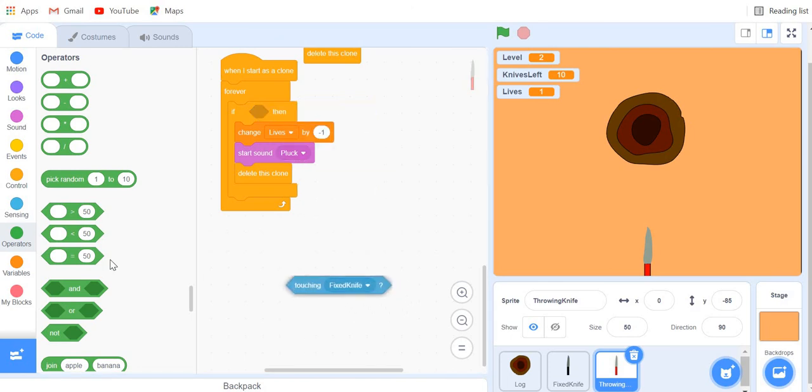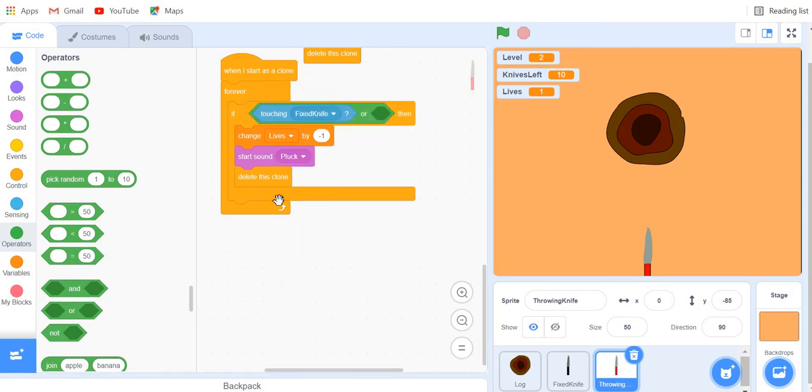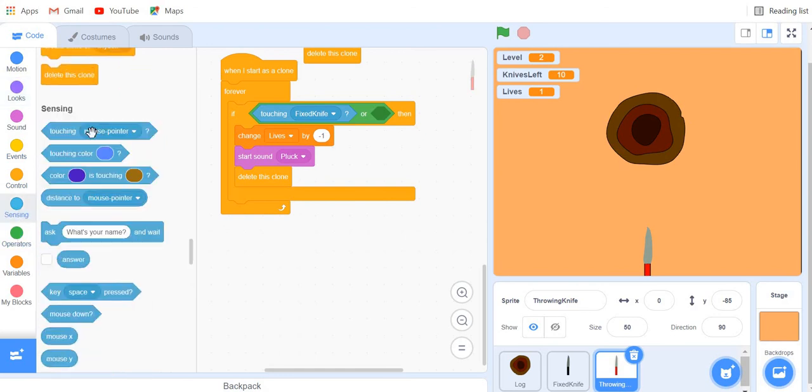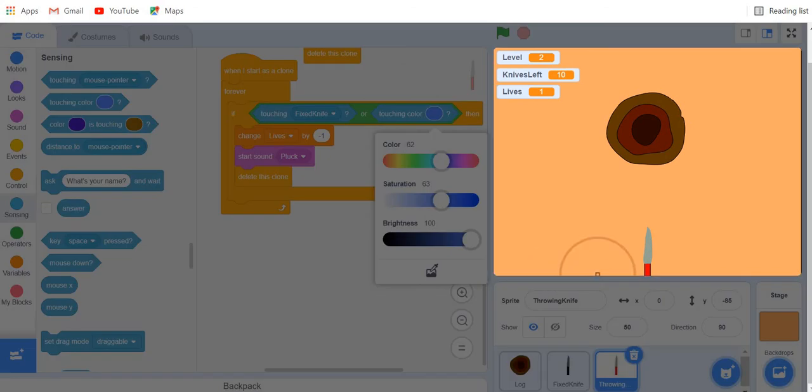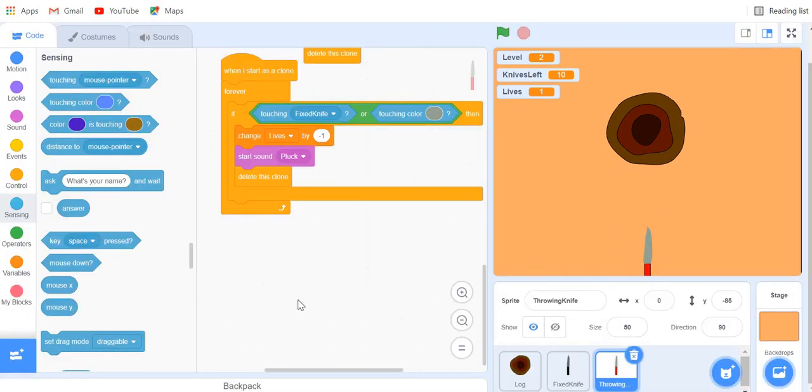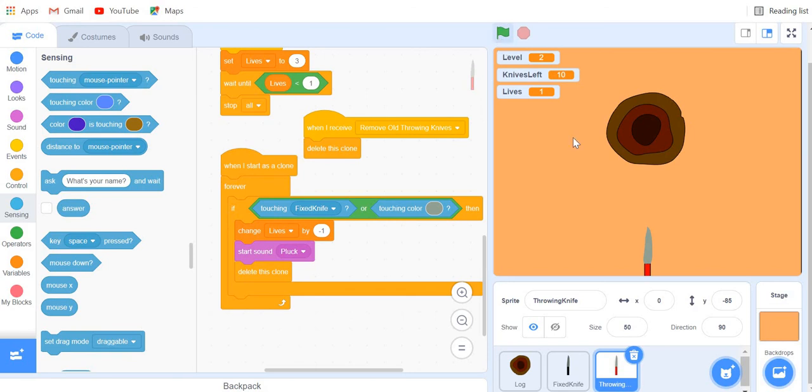Let's say I'll use 2 conditions here, so an or condition here. So I'll say if touching fixed knife or touching color, using the dropper tool, I will go and use this color tool, right? So if I'm touching this color, it means that I am touching a throwing knife, right? Now if I did this, it looks correct, but actually it's wrong. We'll see this. You will find that not a single clone will get created. In fact, I'll just lose 3 lives